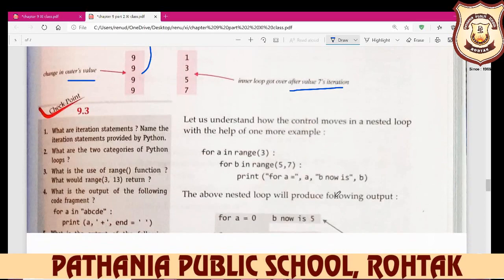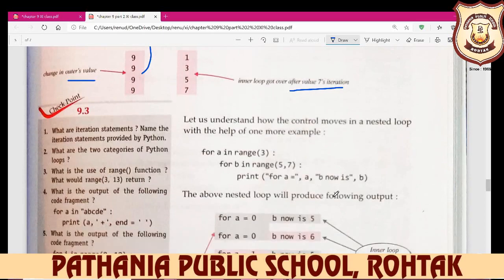Let us understand how the control moves in a nested loop. For a in range 3, so here we decide the 3, and b in range 5 comma 7. So here we also decide the upper limit, so 5 to 6. Okay, so print a and then print b.